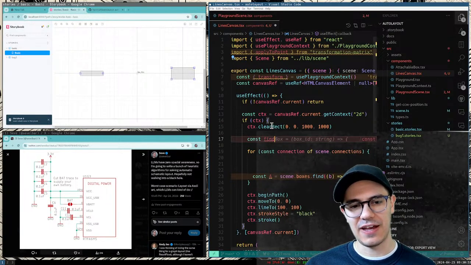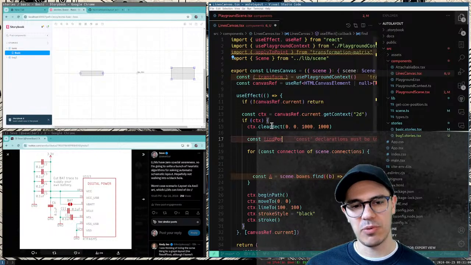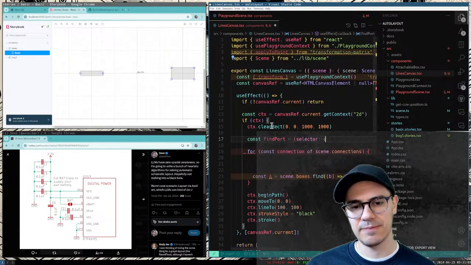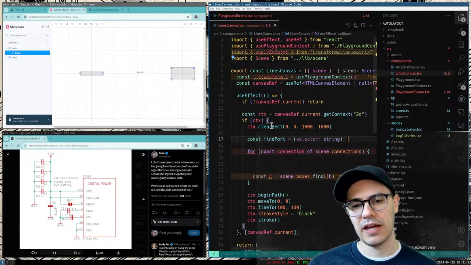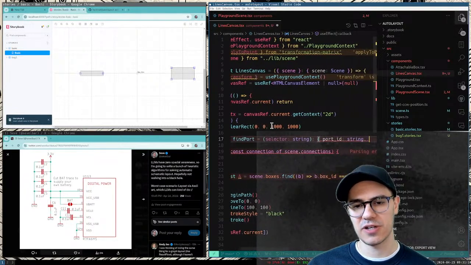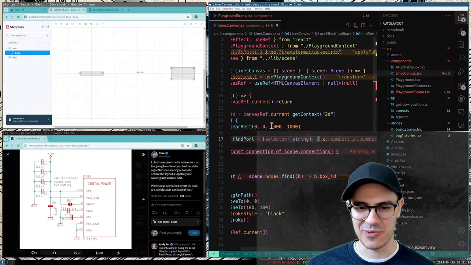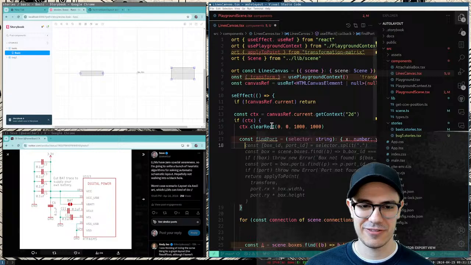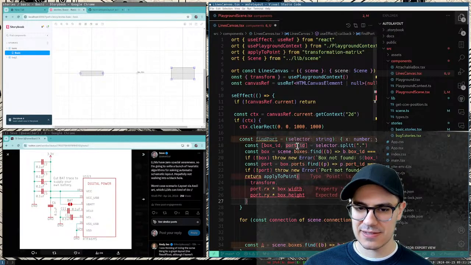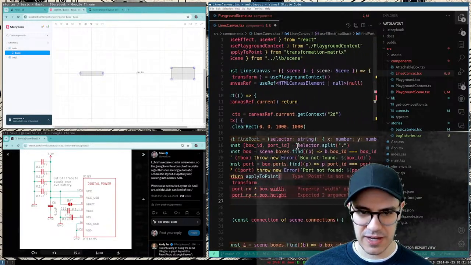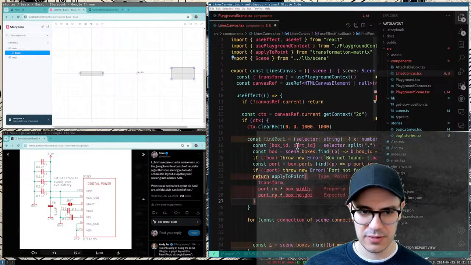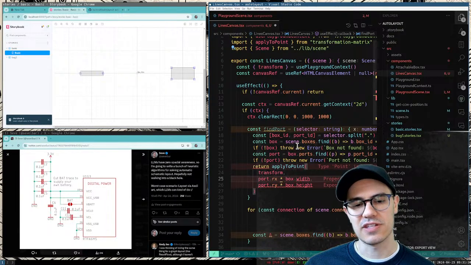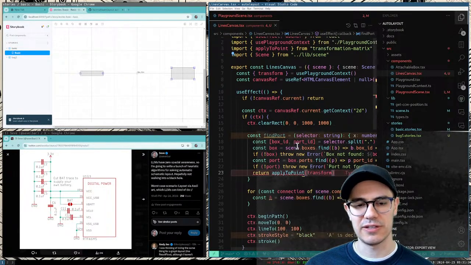So we'll define a function, find port, and it will take a selector and return port ID string. Actually, we really only care about the X and Y, so it's not a great named function, but that's good enough. And that's it. It wrote it for us. If not box, yeah. If not port, yeah. Apply to point. Okay, so this last part's wrong, but it's a really good